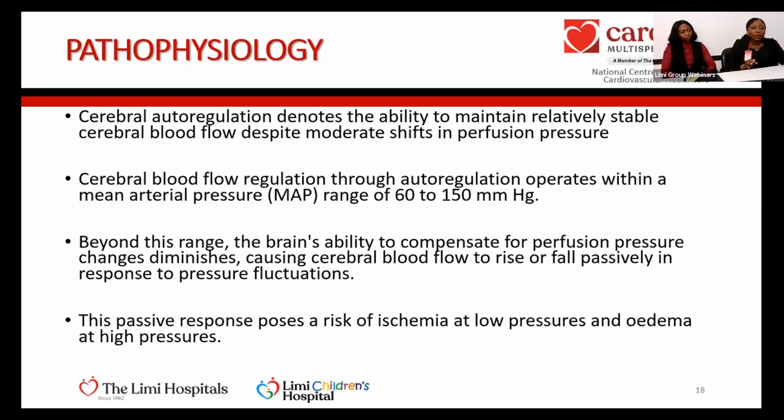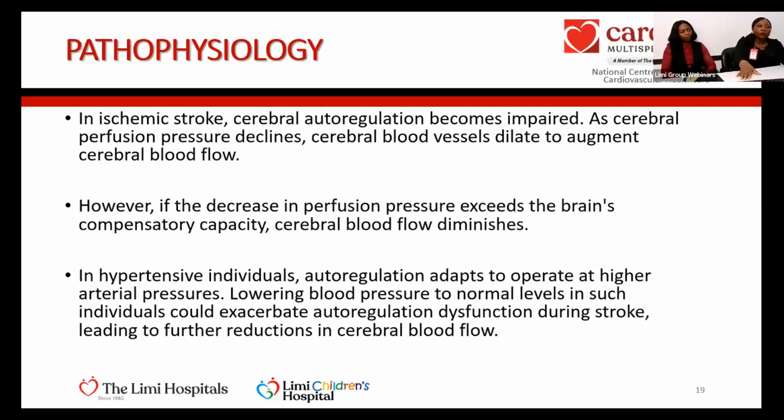beyond this range, the brain's ability to compensate for perfusion pressure diminishes. So once you are dealing with very elevated blood pressure and you're knocking off that autoregulation, that means the blood supply to that brain reduces. This response poses a risk of ischemia at low pressures and edema at high pressures. So cerebral autoregulation becomes impaired once there's elevated blood pressure, which reduces blood flow and reduces perfusion and can cause neurological deficits. However, if the decrease in perfusion pressure exceeds the brain's compensatory capacity, so that's what we've talked about, there's a particular range,